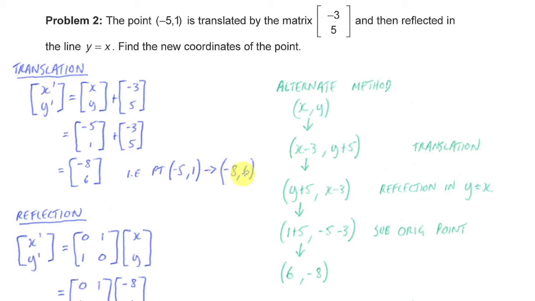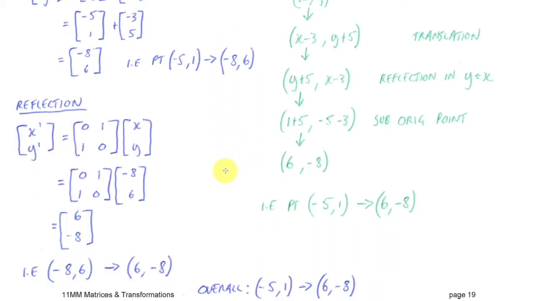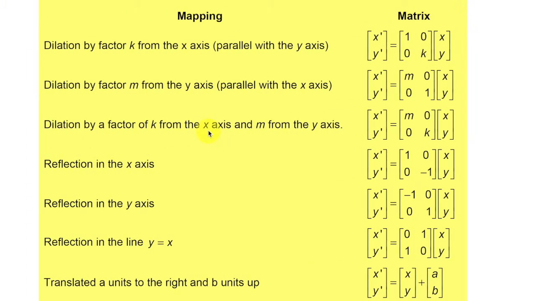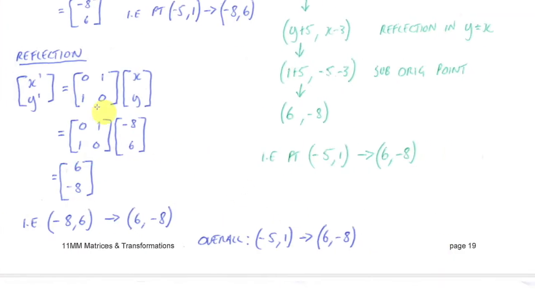The next step is to take that as the input and then reflect it in the line y equaling x. All right, so I'm going to think of this now as being the original xy for my second stage. So the reflection in the line y equaling x. Again, I'm looking at reflection in the line y equaling x, and here's the matrix setup. The new xy will be equal to this matrix being multiplied by the original xy. So I set this up,